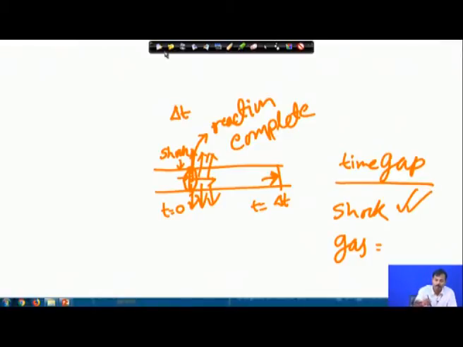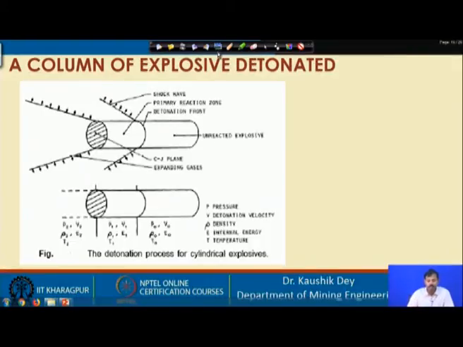So, basically we are considering this when we would like to know what happens if we are sending some detonation into the explosive column, and you can see that this is the shock front at time t equal to 0 at this position, t equal to delta t at this position, and explosive reaction is complete at delta t time, and this plane